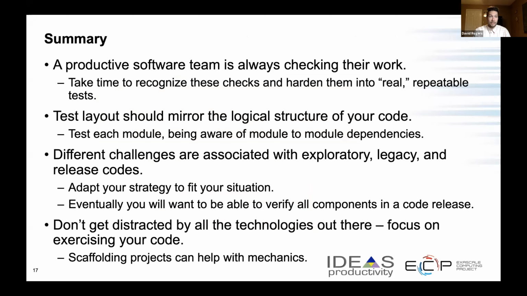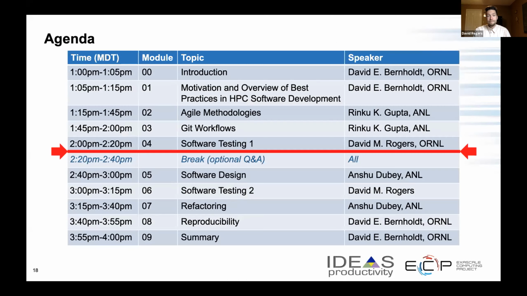To give a quick summary, productive software teams should always be checking their work. The time taken to save those tests is well worthwhile. There are different challenges associated with testing different kinds of codes, and you always want to be making a testing strategy that makes the most sense and provides value for your team. Don't get distracted by having too many technologies out there. Find something that works and exercise your code with it. With that, I think I will conclude the testing section and